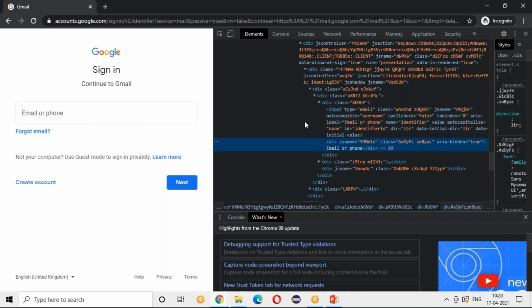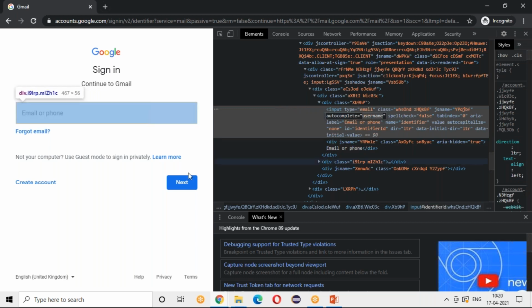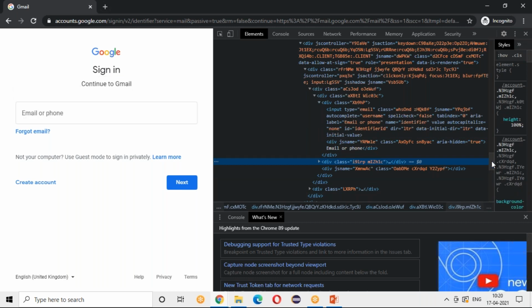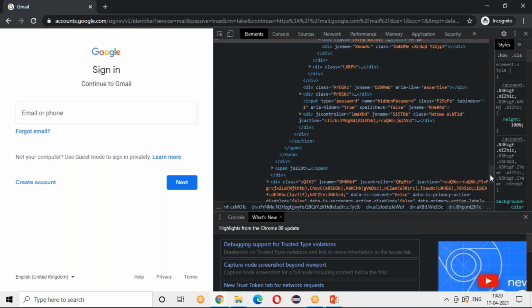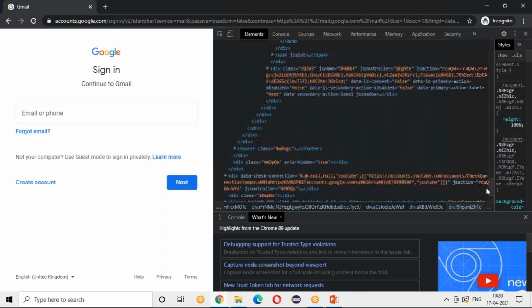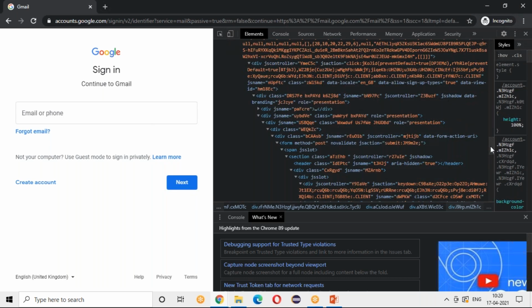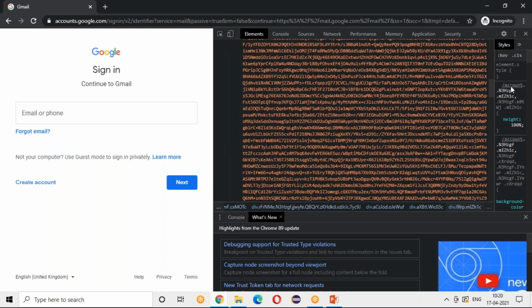So how this email and phone number is coming is because they have written a div tag in such a way, and you see this username, you see this class and everything. A div is like a separate tag where you will be getting it.